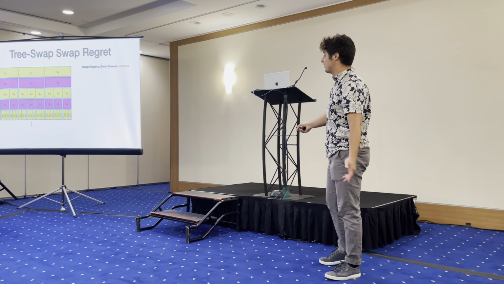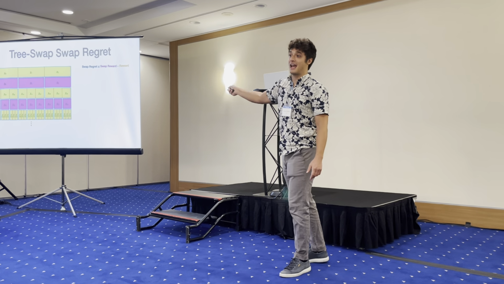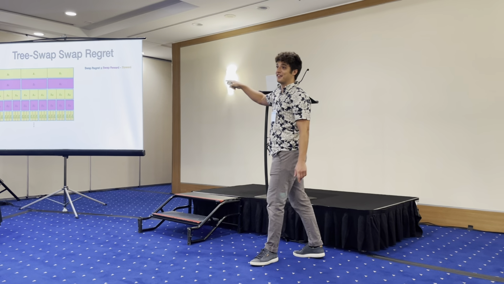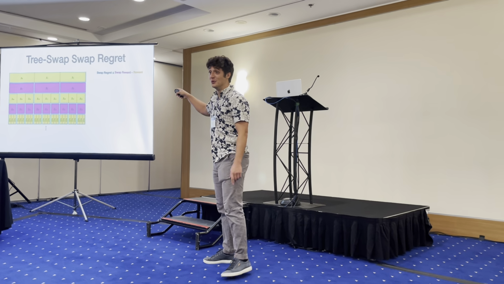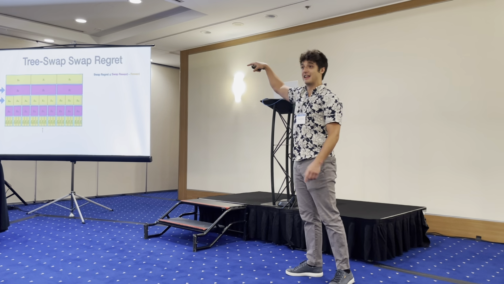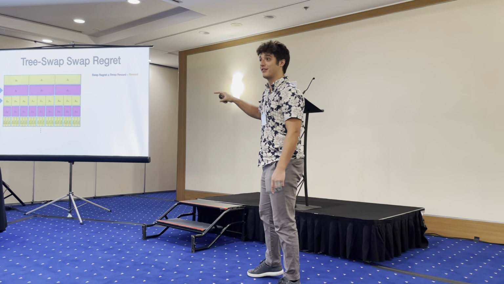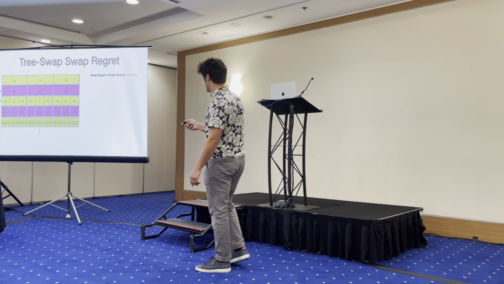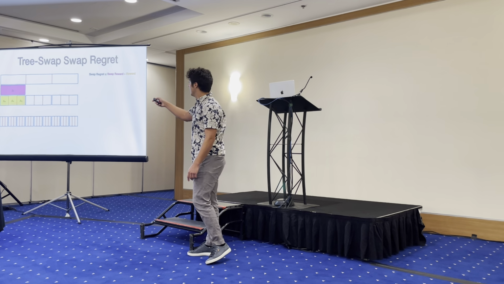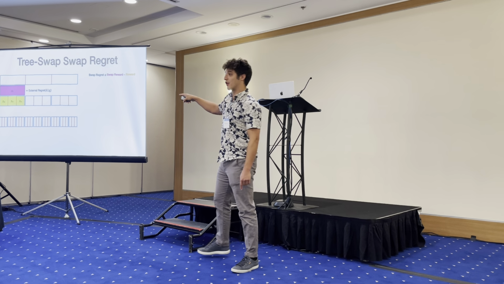So the swap regret of this algorithm is the reward of all these pink actions compared to the reward of all these yellow actions, okay? But this difference is going to telescope in a very cool way. Let's look at the swap rewards of the first layer compared to the actual rewards of the second layer, right? Namely these two terms right here. If you look at the difference of these two terms, you realize that this is exactly the external regret of